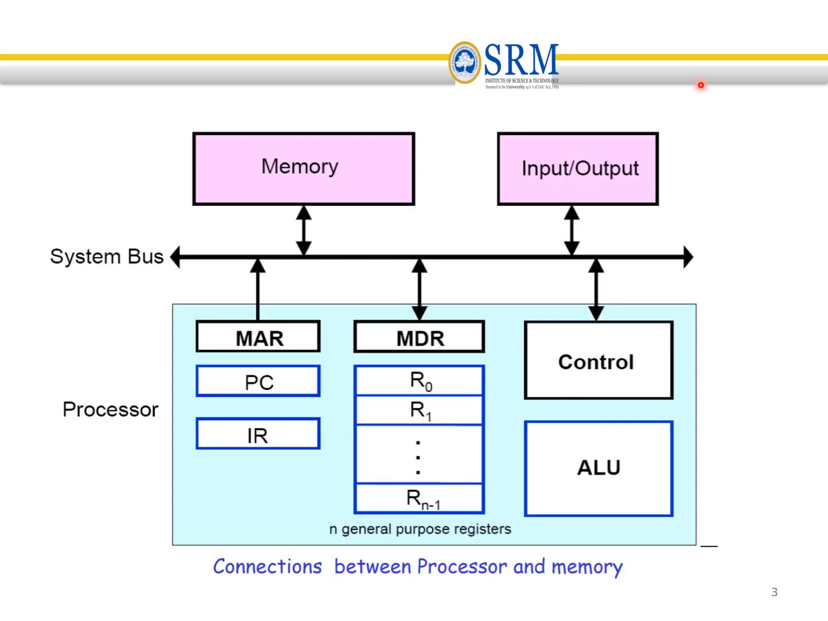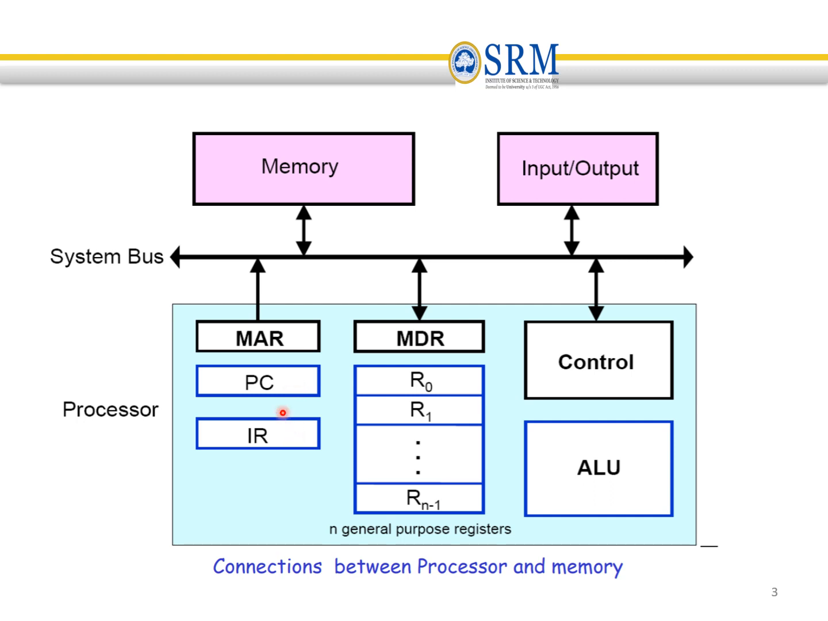This is a simple representation of the connection between the processor and the memory. In the processor, we have the memory address register, memory data register, control unit, ALU, and general purpose registers, and it includes the instruction register and a program counter. The instruction register contains the current instruction, and the program counter points out the next instruction to be